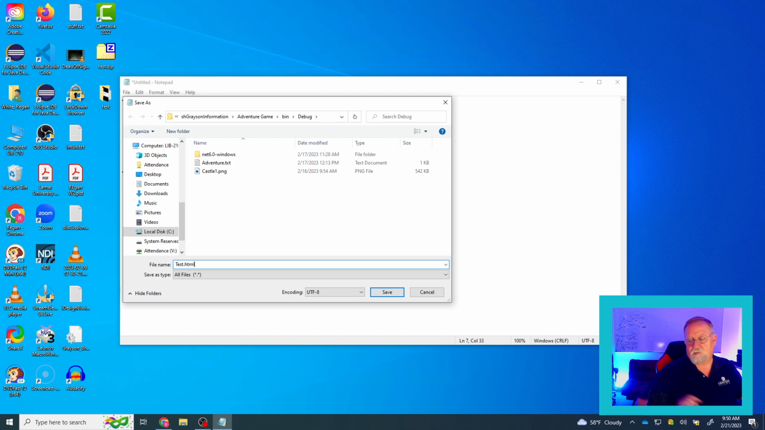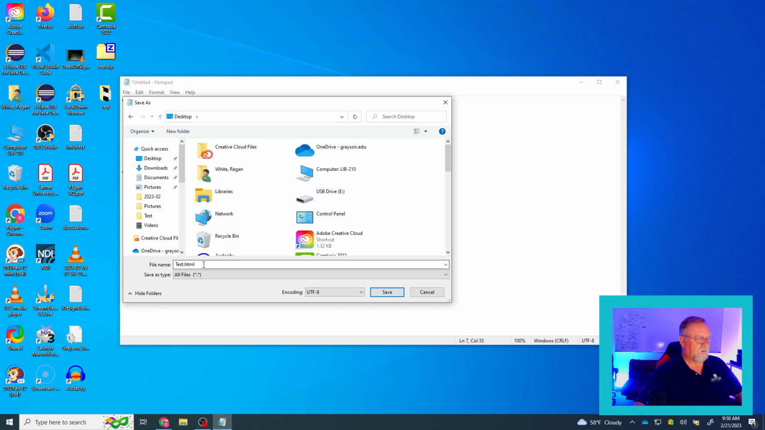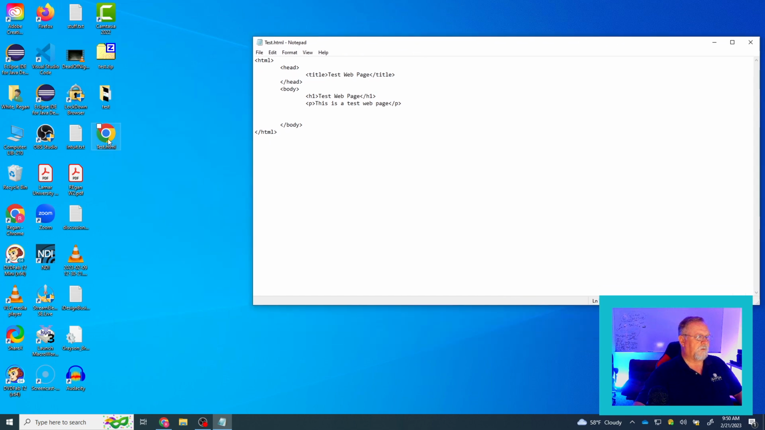test.html. The file extensions describe what exactly the document is. We're going to save this on the desktop so I can get to it easily. Test.html, hit save. And sure enough, because my default browser is Chrome, I get the Chrome icon with test.html. If I double click that,